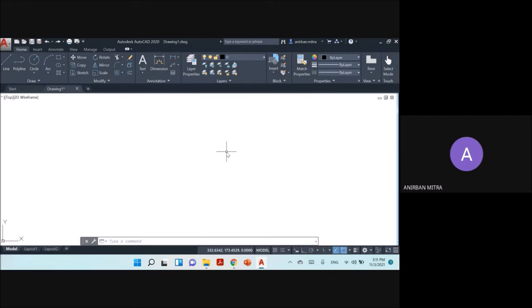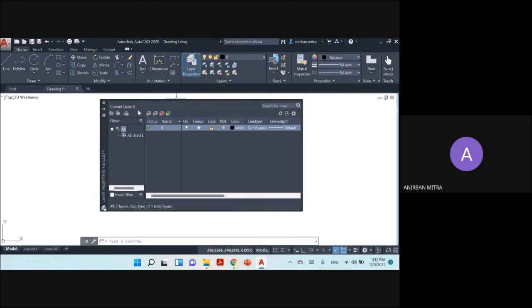So what we do now, we have got to get the control of creating different layers and associating different properties with those layers. And that can be done from the layers panel. Where is the layers panel? In the home tab, here is the layer panel. You can see layers is written over there. From this panel, you can control all the functionality regarding layers. And the most important thing on this is this button, which is known as layer properties.